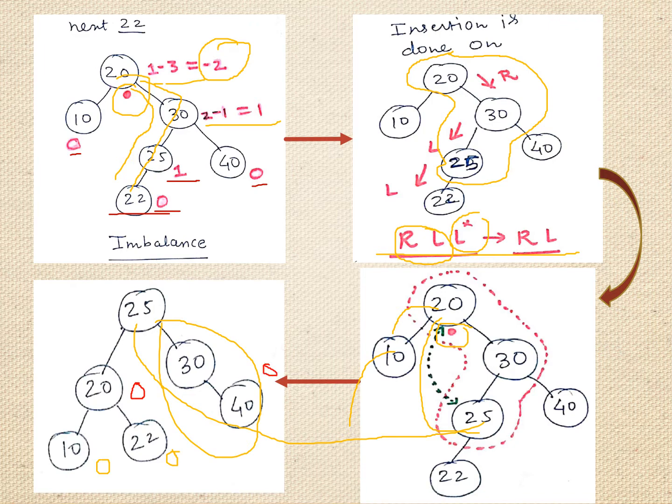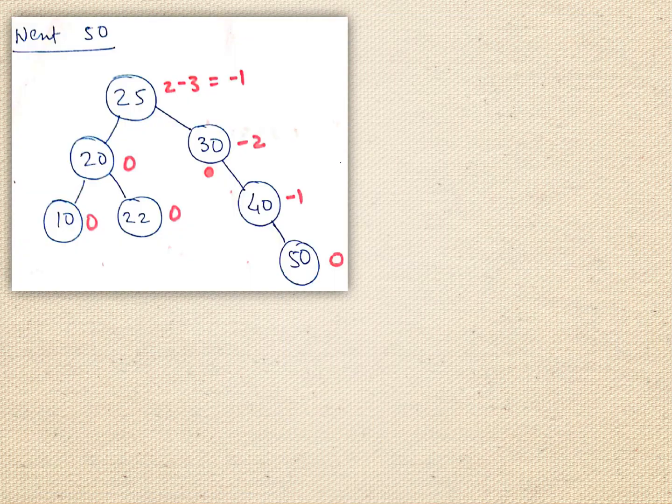For this node it is 0 minus 1 minus 1. Then for this node it is 2 minus 2 0. That means again this is now getting balanced. Okay, so now proceeding further for adding the next node. So this was your RL rotation already seen we have. Now the next number is to add 50 to it.